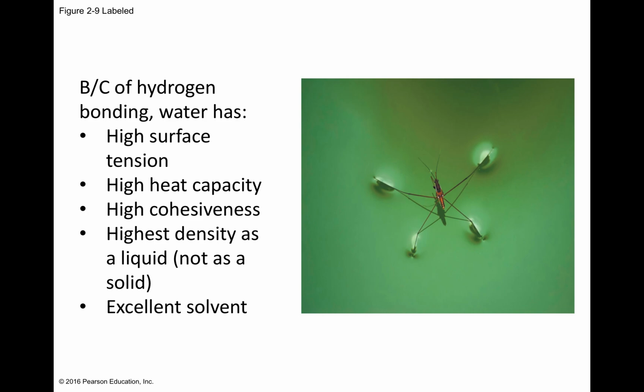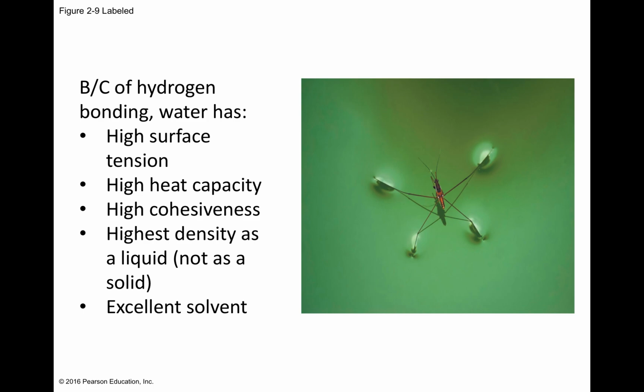Water has really high heat capacity in that it's very hard to heat up a mass of water or to take heat away from a mass of water. A practical consequence of that is if you went swimming in Lake Erie at this time of year, even though the lake water is relatively warm, it's probably at least 20 degrees colder than your body, and it will suck the heat out of you, and you're not able to stay in that lake water for very long.